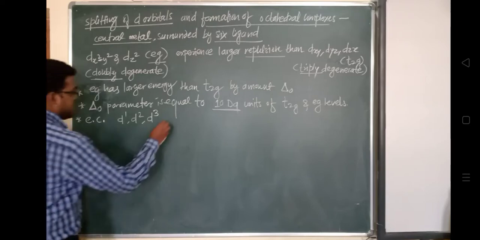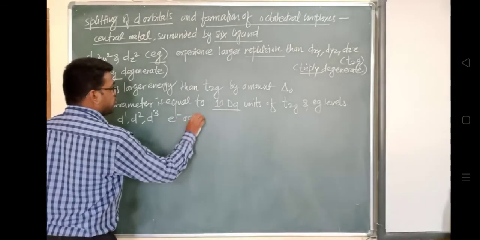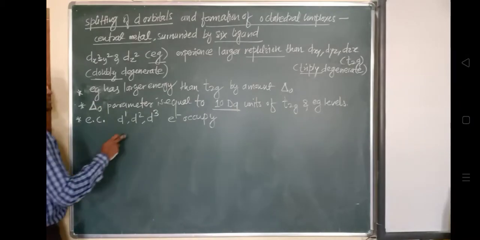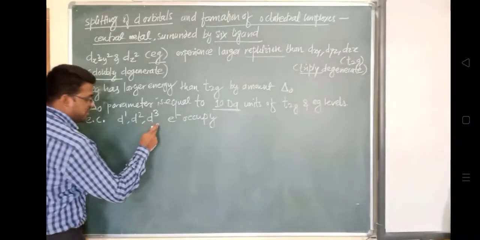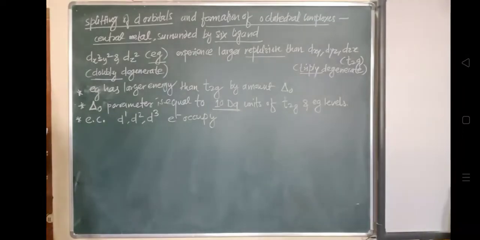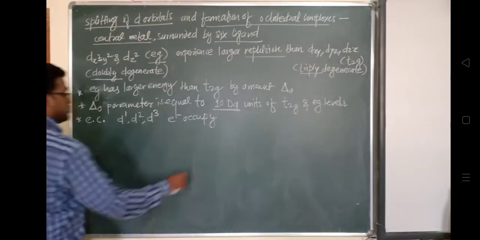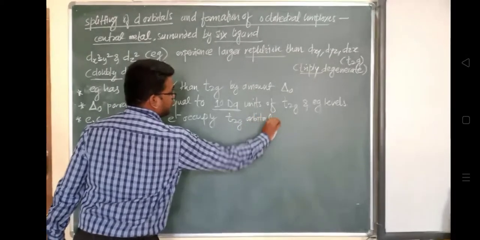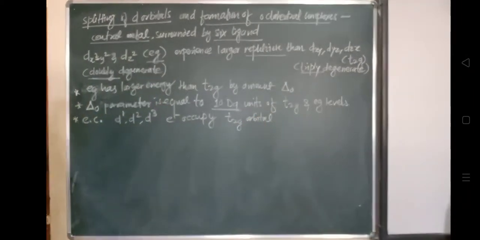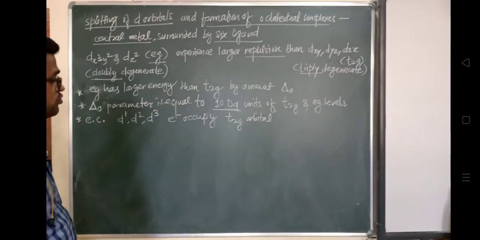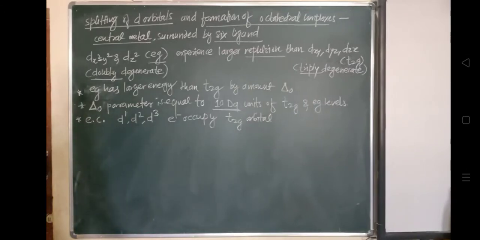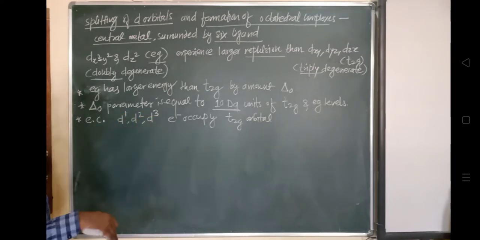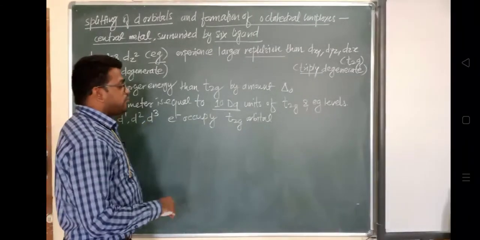Electrons will occupy, meaning when there is an electron, it will either be in the first orbital, or the second orbital, or the third orbital, and then this electron will occupy the t2g orbital. Which orbital? The t2g orbital it will occupy. Theoretically we'll write the complete description and then we'll see with the help of a diagram how this will be possible. So electronic configuration for d1, d2 and d3: in this case, the electron will occupy a position in the t2g orbital.